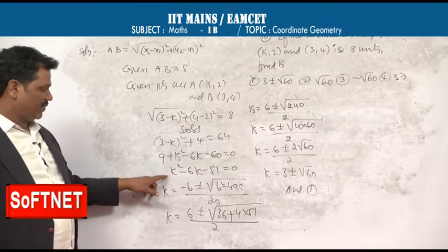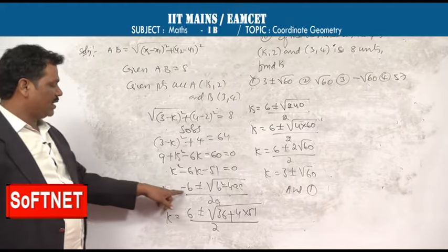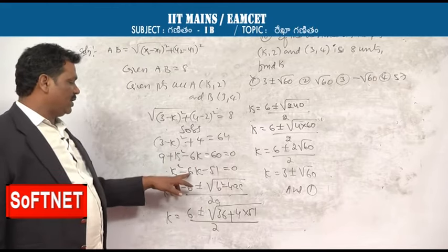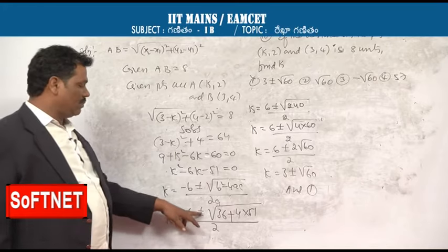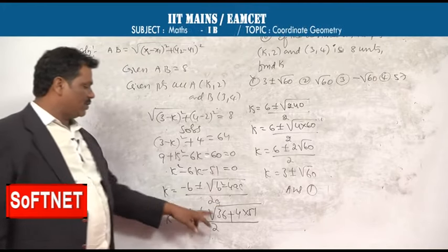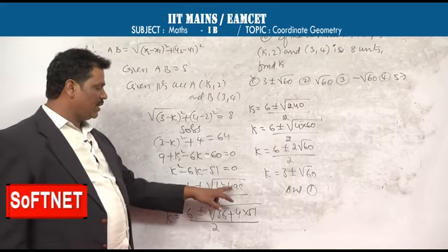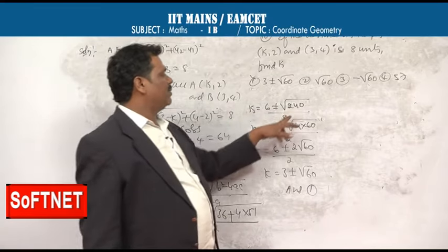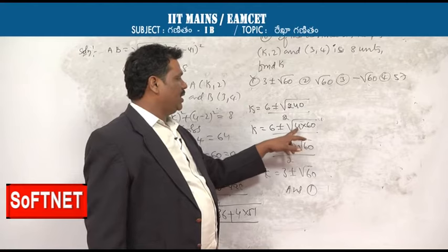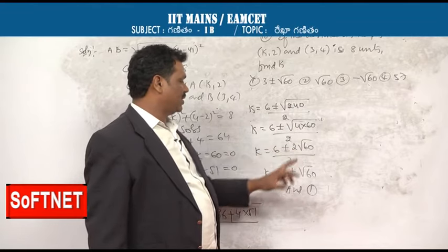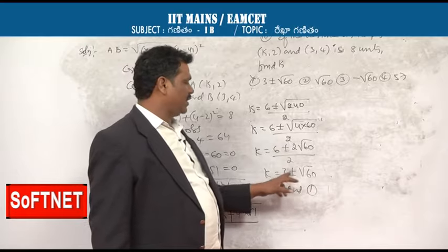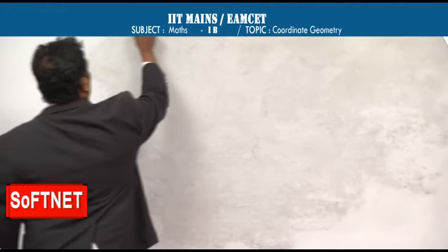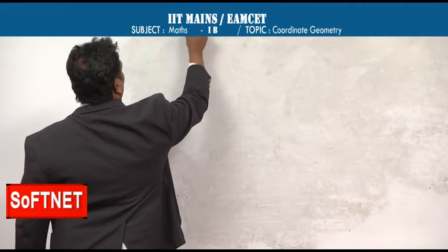Here find the factors. We know the formula k equal to minus b plus or minus under root b square minus 4ac by 2a. So k is equal to minus b, and b is minus 6, so minus and minus gives plus, plus or minus under root of b square, minus 6 whole square, 36 minus 4 into 1 into minus 51. We get k equal to 6 plus or minus root 240 by 2. Root 240 can be written as 4 into 60, 4 goes outside as 2 root 60. So 2 is taken common, 2 cancels. We get 3 plus or minus root 60. The answer is option 1. Now we discuss a new chapter, locus.